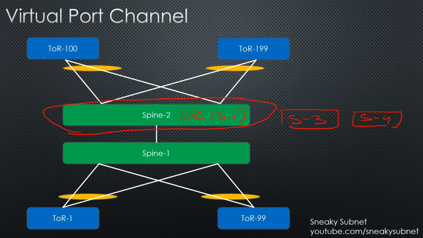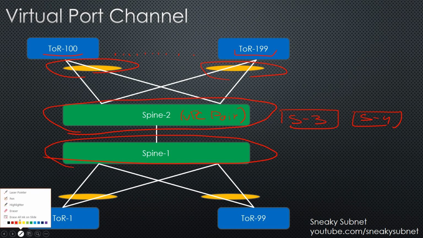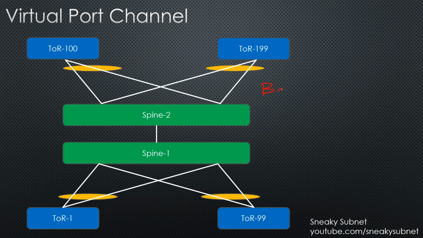So here we have exactly the same story, top-of-rack switch number 100, some switches in the middle, and top-of-rack switch number 199. Here we have port channels, and we will interconnect spine number 1 and spine number 2 via so-called back-to-back